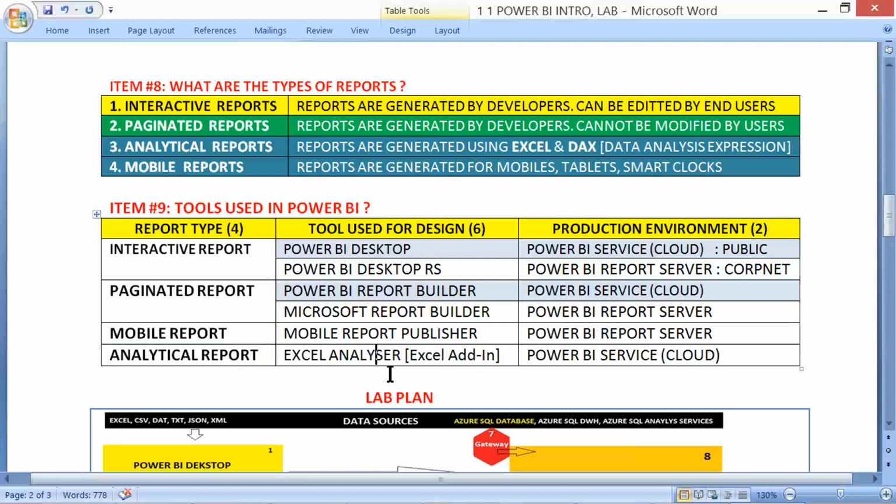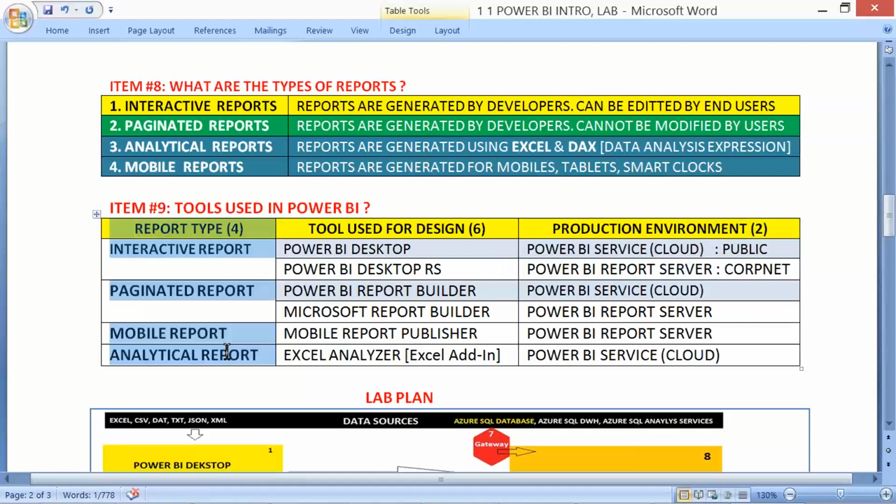And this Excel Analyzer is supported by Power BI Cloud Service. So basically we have two production environments, public cloud and private server, CorpNet server.